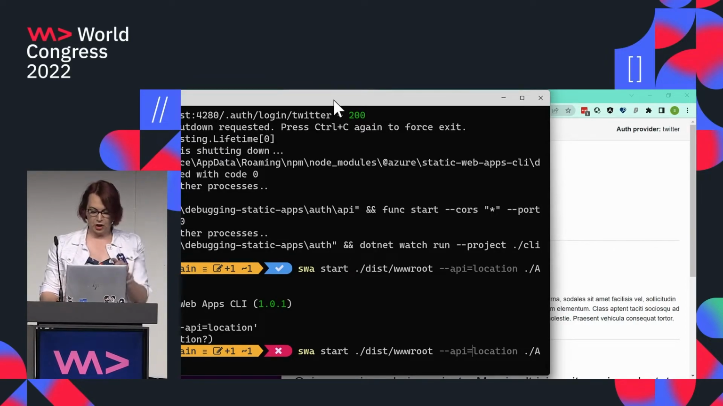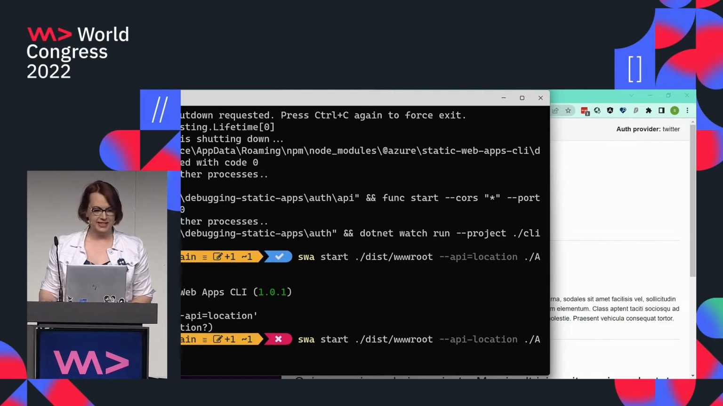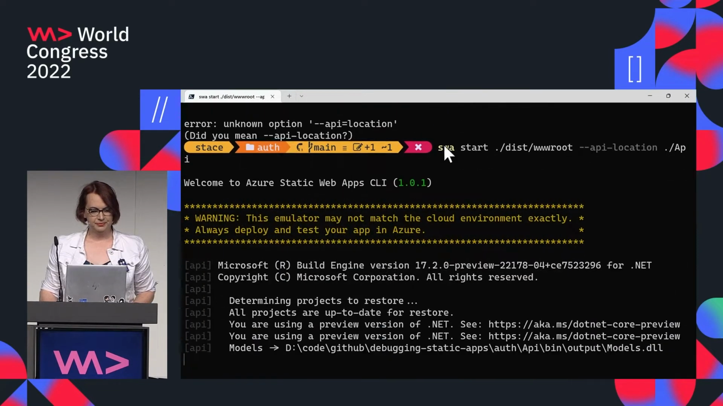Sorry, I've got a little clock on my second screen here, so I don't quite see the whole screen. That looks better,